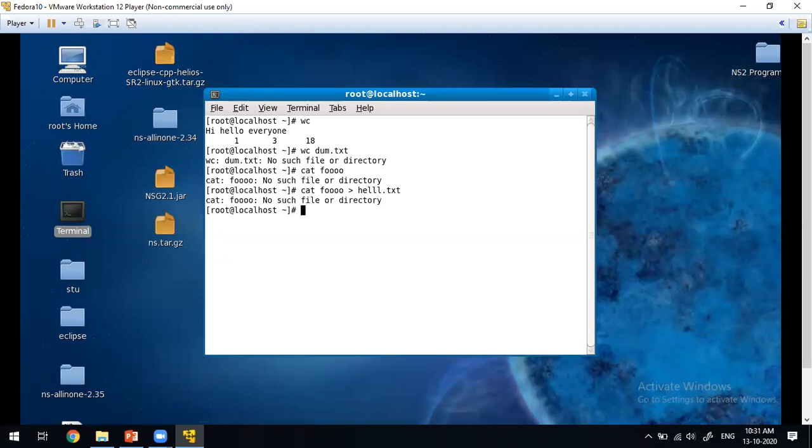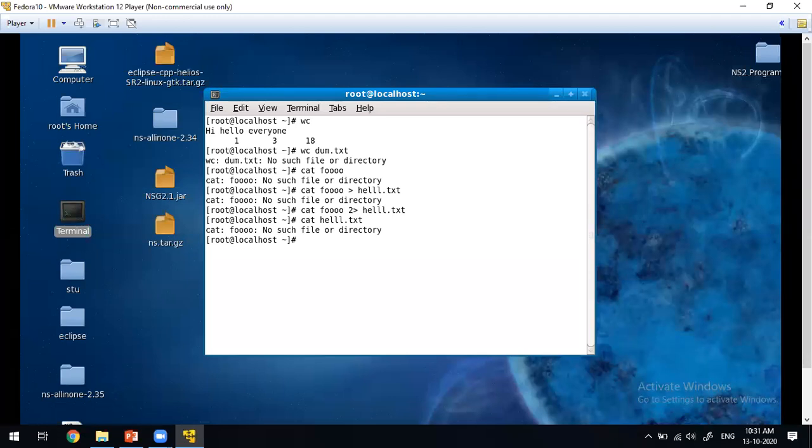See, it is not possible to write that error output to hell.txt this way, because if you are going to use the standard error with the redirection operator, you have to inform the number. The standard error number is 2. That is why if you use 2 greater than, then it is going to write that output to that file. cat is nothing but opening the content of that file, cat hell.txt.